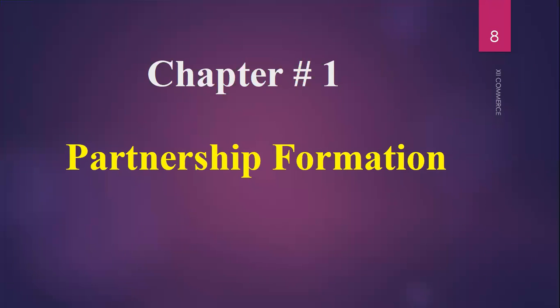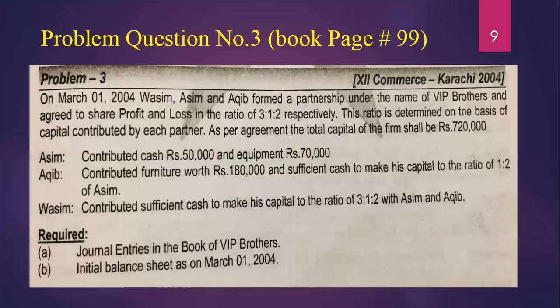This video covers the chapter partnership formation. This is problem number 3 on book page number 99 of the 2004 past papers. On March 1st, three partners, Wasim, Asim and Akif, formed a partnership under the name of VIP Brothers. This is the name of the firm. They agreed to share the profit and loss in the ratio of